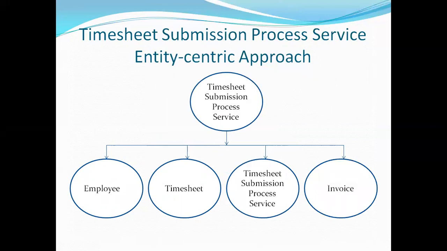So this timesheet submission process service is divided into 4 important web services, candidate services. The first one is employee, second one is timesheet, third one is timesheet submission process service, and the fourth one is invoice. So these 4 important entity-centric services we have identified for the timesheet submission process.